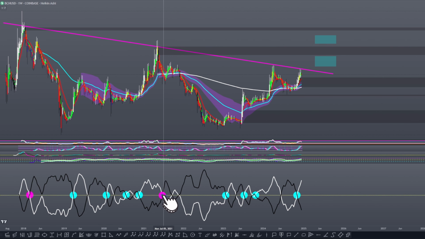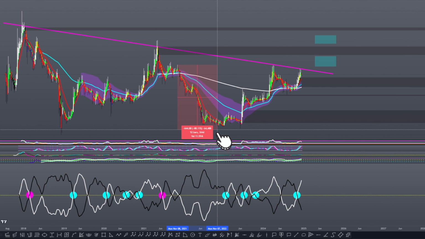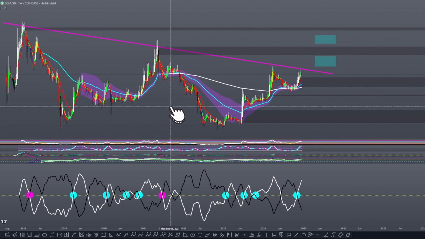Then rinse and repeat. We go back down to the ASO here, June of 2021, a few weeks into the most recent bear market. Then we have one, in this case, like the last case of the first cross going back to April 2019, now being September 2021. This would not have been a good first cross to buy, because Bitcoin Cash was somewhere within the range of $500 to $800. Afterwards, it crashed all the way from that range down to around $87, an 88% drawdown. So some of these first crosses have been good on the prior charts, but this is really the first instance where it's totally not a good time to buy in for the first cross.